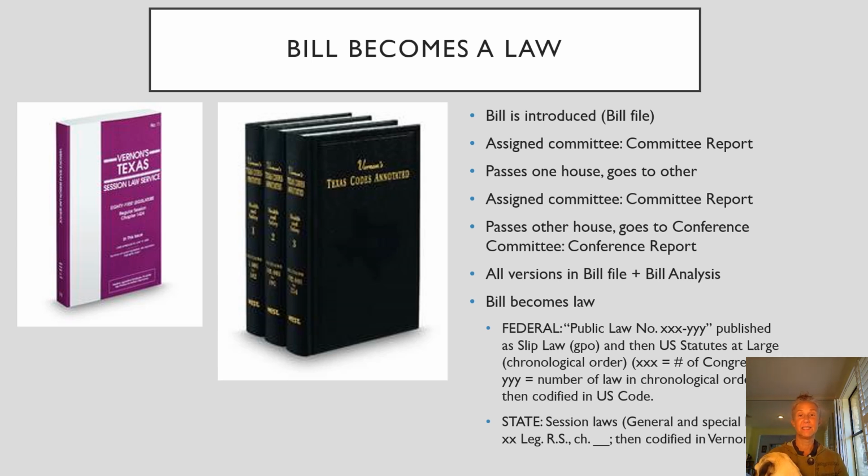And then it's assigned to a committee. It goes to a conference committee, and they make a conference report, and that's where they merge the versions into the law, and then it gets discussed again and debated again on the floor, and then it can pass. And once it passes, it gets signed by either the governor or the president, and it becomes a law. And sometimes the executive, the president or the governor, doesn't want to sign it. It can go back and get passed by a greater margin and become a law anyway. I'm not really up on this part of civics.